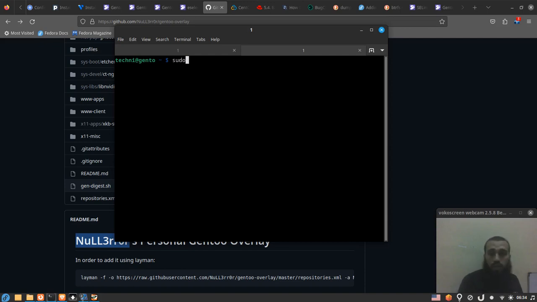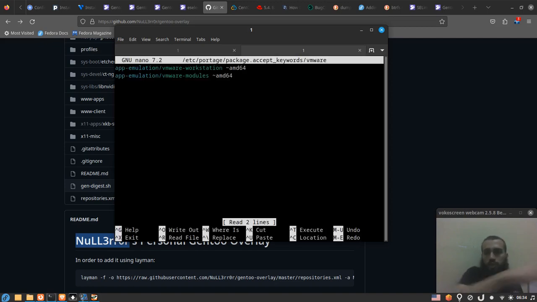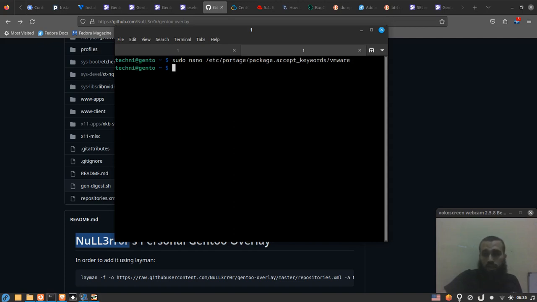If you do not have it, just like me, you need to do this step, which is sudo nano or any text editor, portage, package.accept_keywords, and then you make a file for it, and you put these two things here with this keyword. Okay? If you have it enabled by default, if you have put this keyword, accept keyword, in your make.conf or whichever place, you don't need to do this step. And then the next thing you need to do is,